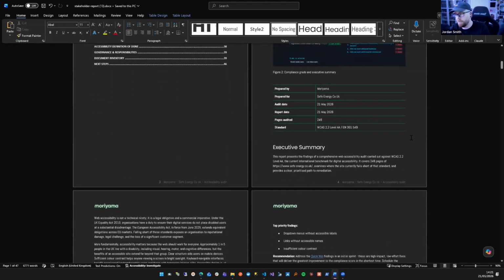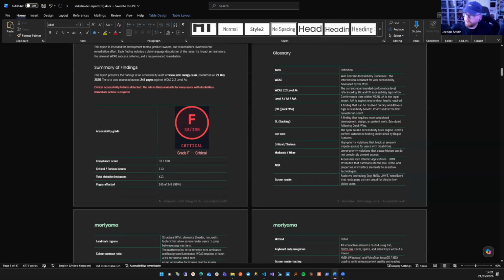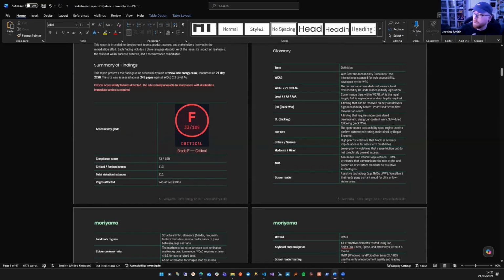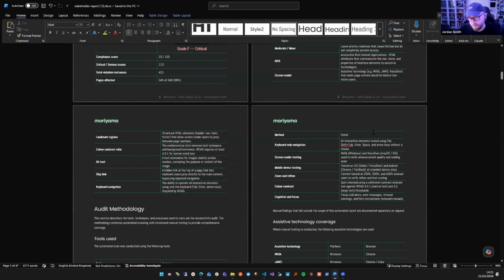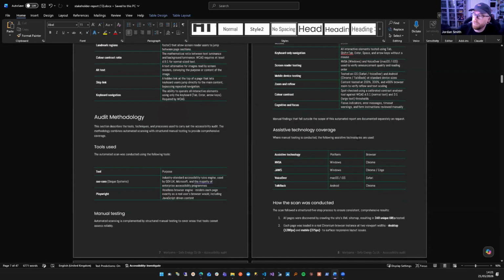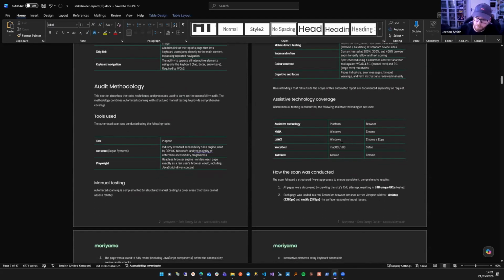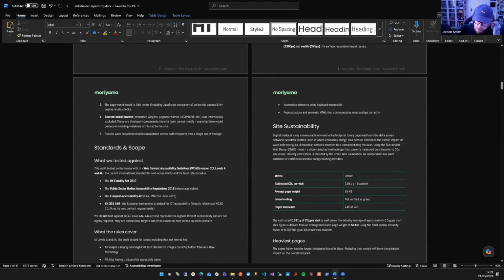But just to quickly, and I say quickly, I'll try and go through it as quick as I can. You can see that there's a lot of information in here. It gives you a summary of the findings for stakeholders. It's got a glossary as well for people that might not be too up to speed with specific accessibility terms. It talks about the methodology, the tools used, details on manual testing as well, but stuff that this will not cover because obviously automation can't cover everything. Also says how the scan was conducted and it talks a bit about our standards and scope,